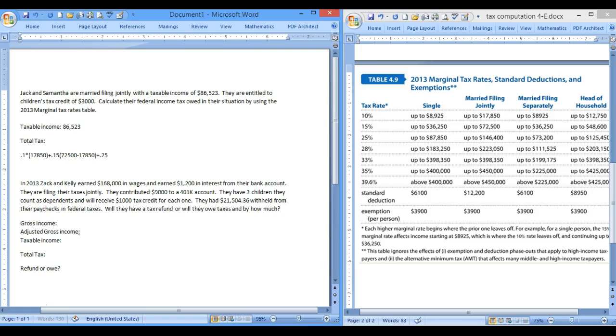Now I need to move to the next tax bracket, which is 25%. We'll come over, the bracket goes up to $146,400. Now this couple did not earn that amount. They are only going to be charged taxes on their amount. And so I'm not going to go all the way to the top of this bracket. They didn't go all the way. They only went to, I'm going to put a times,